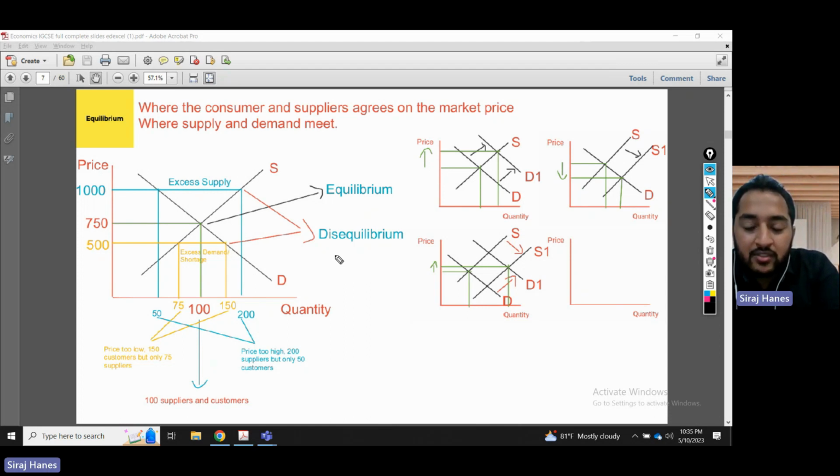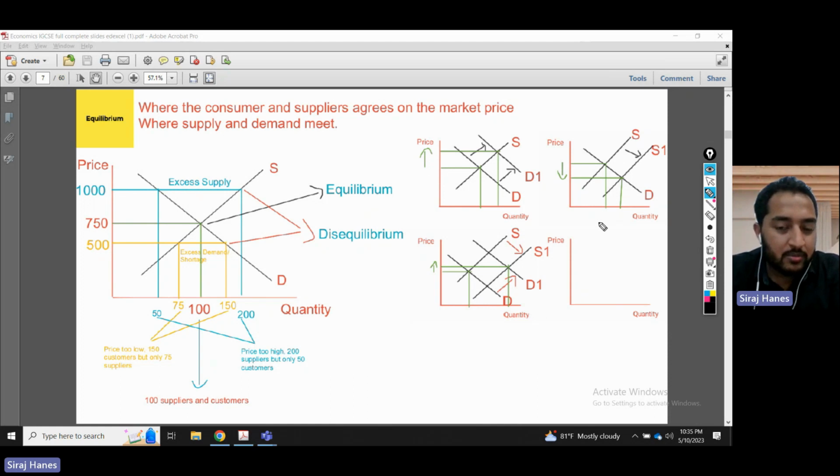Can the supply curve shift? Can the demand curve shift? Yes, they can. Demand curve can shift inwards or outwards. Supply curve can shift inwards or outwards. Remember, if you show both the shifts in a diagram, show the original point, which is demand and supply, and show the final one, which is supply 1 and demand 1. Okay, supply 1 and demand 1. So this is the original and the final one. So you can show the changes there.